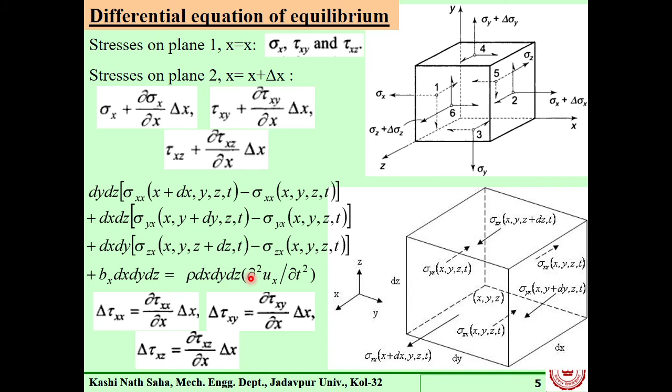So that means even if there is no external body force, but this particular body is accelerating, then also we will get this part of dynamic force or inertia force. This comes from the mass density of the body. Mass into acceleration: dm into the acceleration. So this is density into the volume, density being per unit volume. So this is mass and this is acceleration.